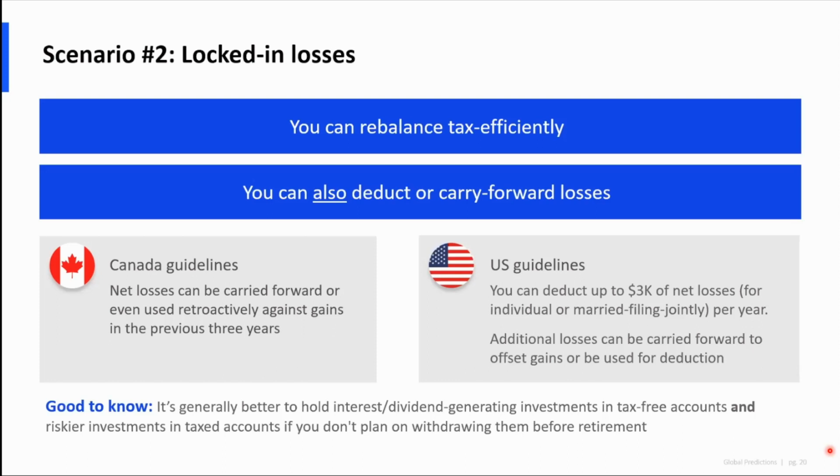So as long as you keep track of them and do the paperwork, come next year, if you have gains, you'll have pre-harvested those gains. And if you're in the US, for instance, you can just keep deducting up to $3,000 until they change the rules.